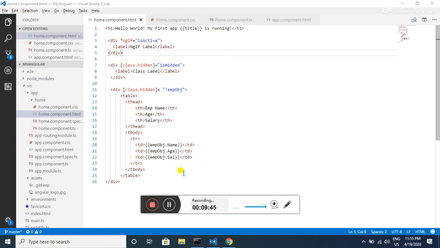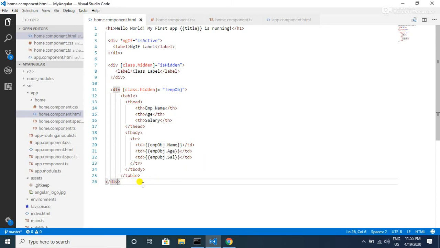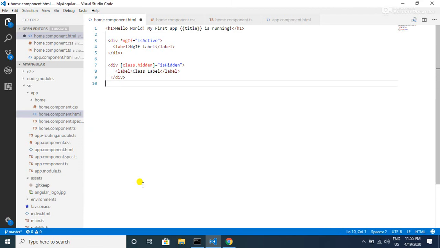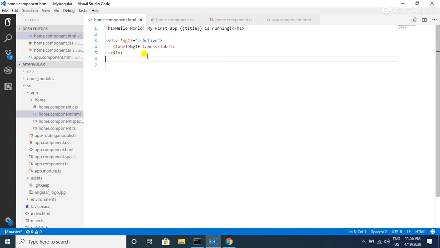Okay, let's remove this for now. Let's remove this also. Here we have an if condition. Just like the if else block in programming languages, we can also have an else block. Whenever the condition is false, we can load a different element using the ngIf else syntax.